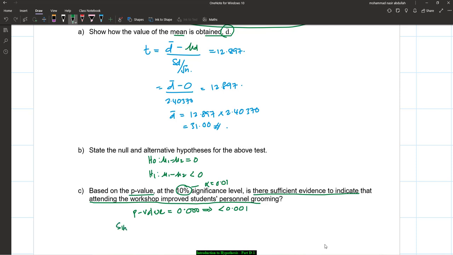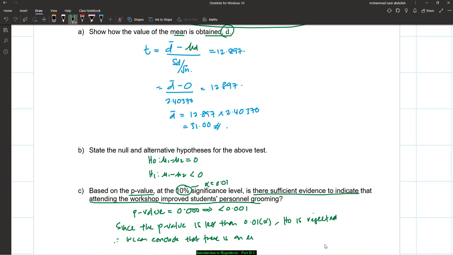So since the p-value is less than our alpha, 0.01, the null hypothesis is rejected. So since the null hypothesis is rejected, we can conclude that there is an evidence